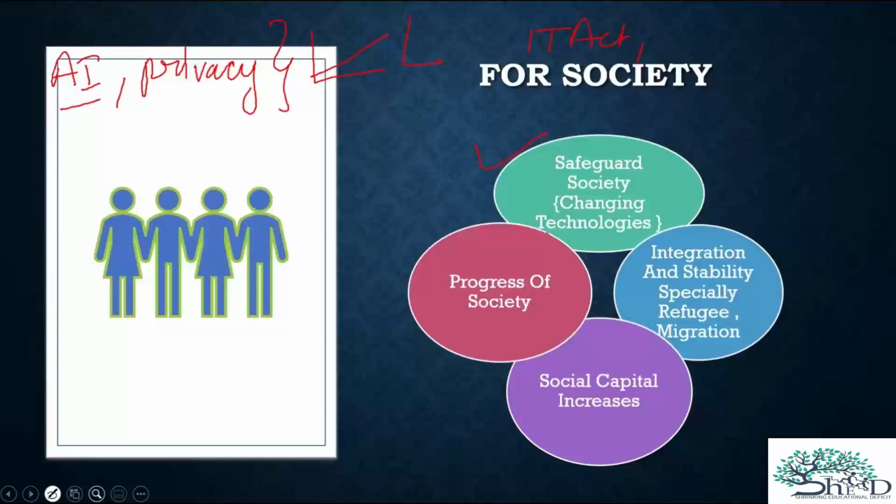Society is getting affected. So if we want to safeguard the society because of the changing technologies, we need ethical principles, some form of ethical principles, which will lead to positive steps, which will then lead to safeguarding the society. Okay, so we need ethics to positively guide the, can you guess, technological progress.